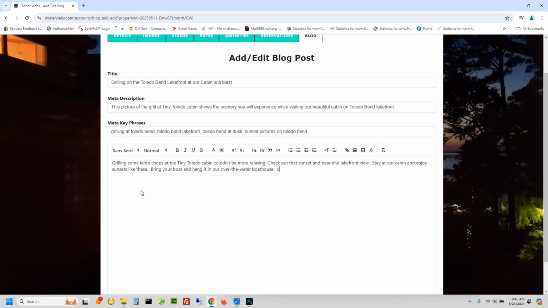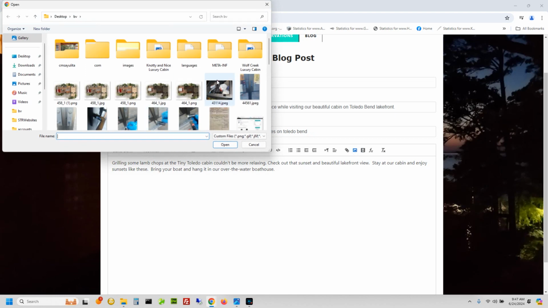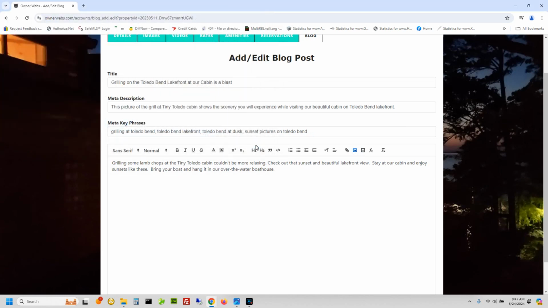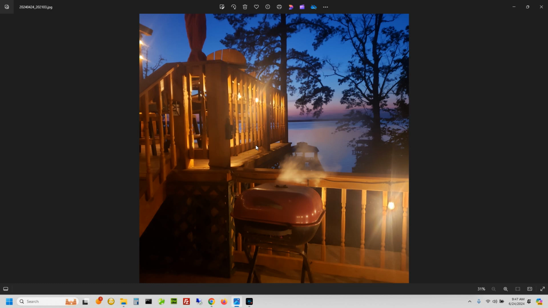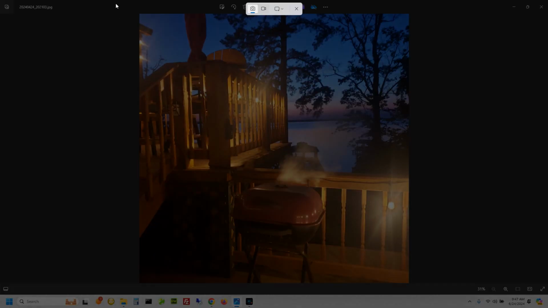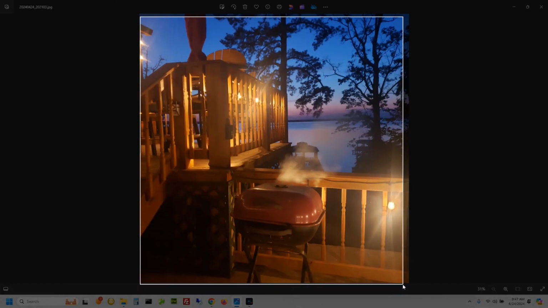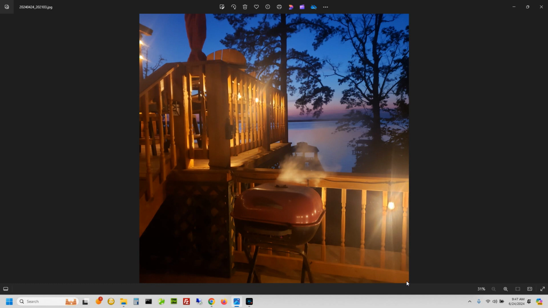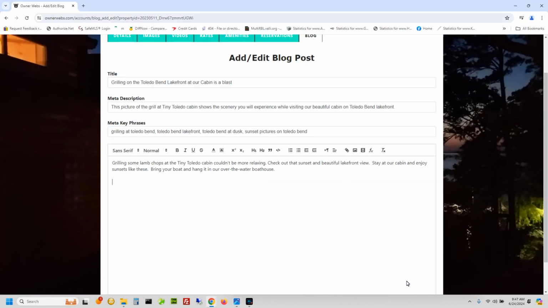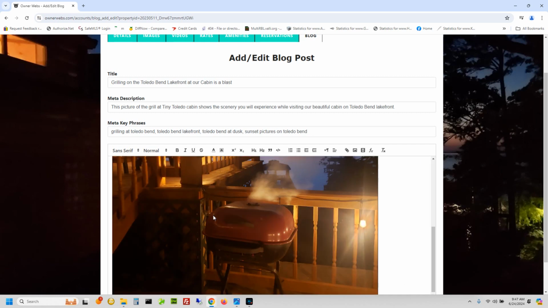And then if you want to put a picture in here, which I do, you can actually click on this picture icon, and you can upload a picture, or you can copy and paste a picture, which is kind of cool. So I'll show that by copying and pasting. So I'm going to put my screen here, and I'm going to grab that picture right there, and now it's copied to my paste buffer, and then I'm going to come over here and be like Control V, wham, there you go. Now that picture is in there. Alright,